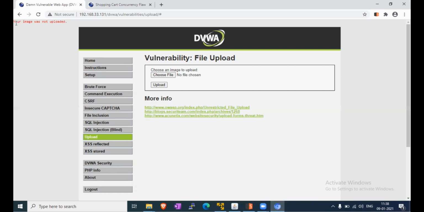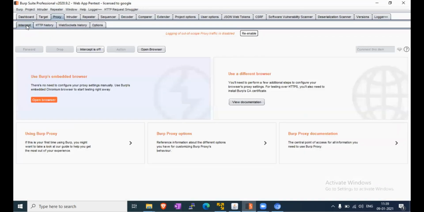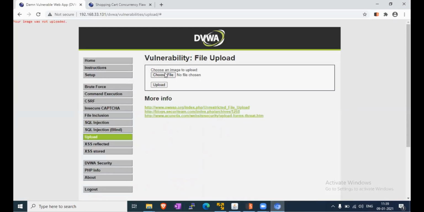Now we will check by turning the intercept on. Okay, now we will try to upload again.